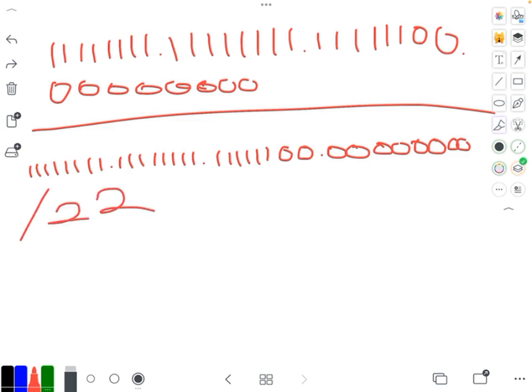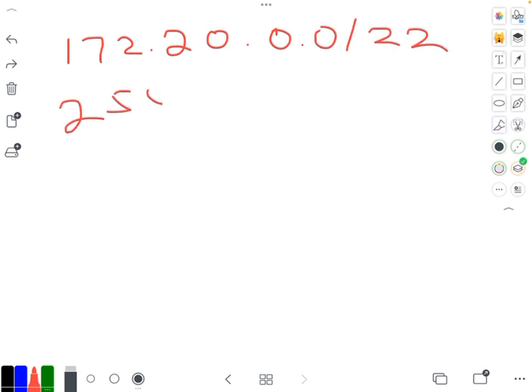Right, so now we have turned off 2 bits, and it's now a /22. We went from /24 to /22, right? And our new network address is 172.20.0.0/22. Our new subnet mask is 255.255.252.0, right? And the number of usable hosts is now